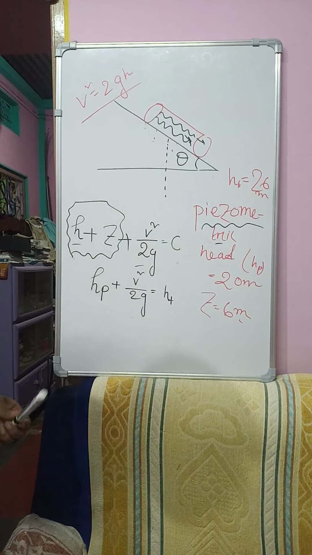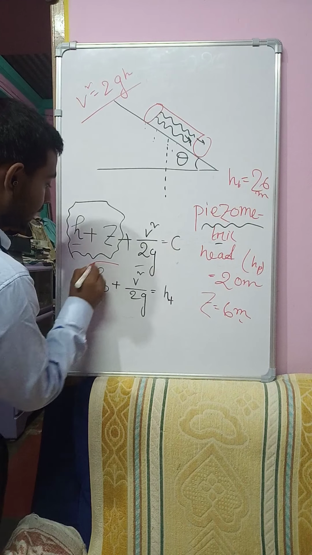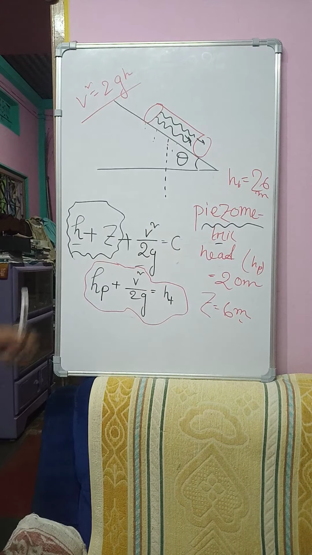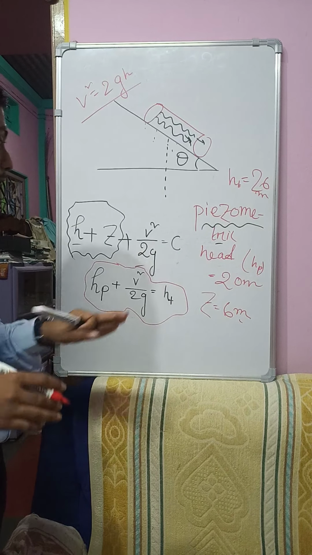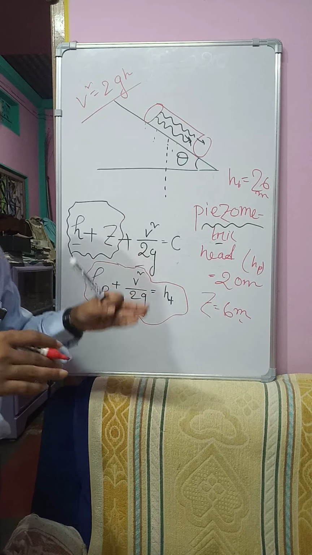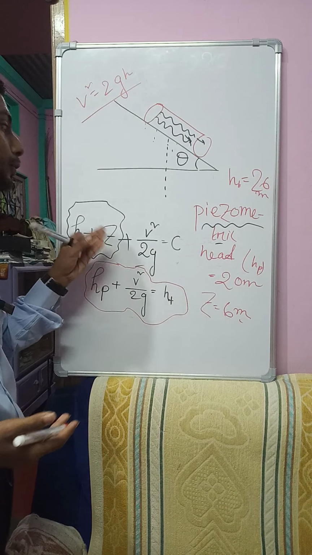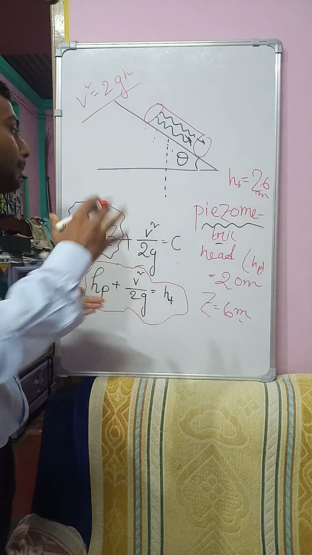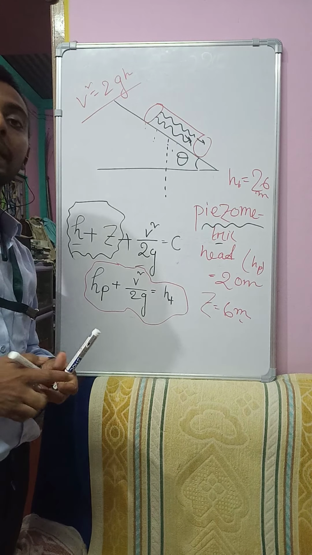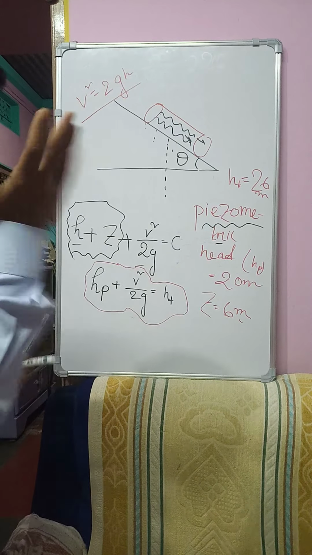So this is my main theorem. I am highlighting this. This theorem you have to apply. Not only this solution, for any kind of numerical regarding Bernoulli's theorem, here we are neglecting the minor losses, because we are dealing with ideal cases, and in ideal cases we don't consider the minor losses. So basically this is my theory. Using this theory I'll solve this question.